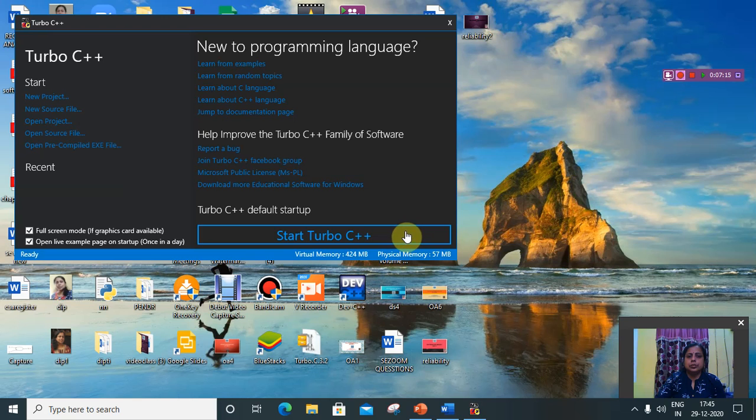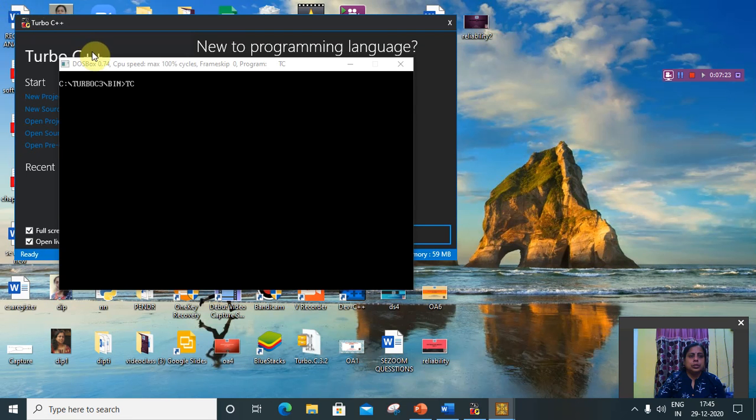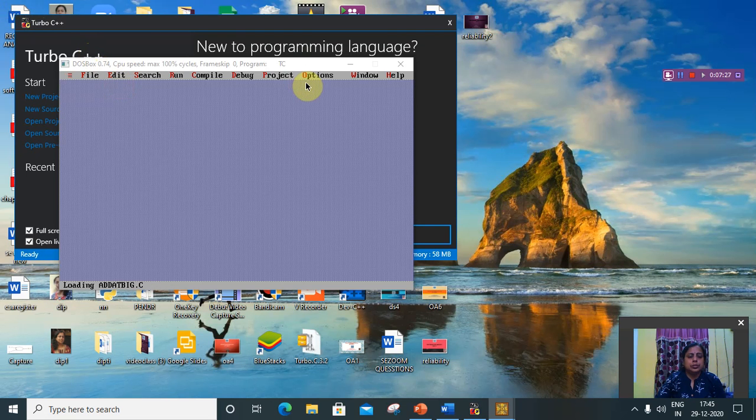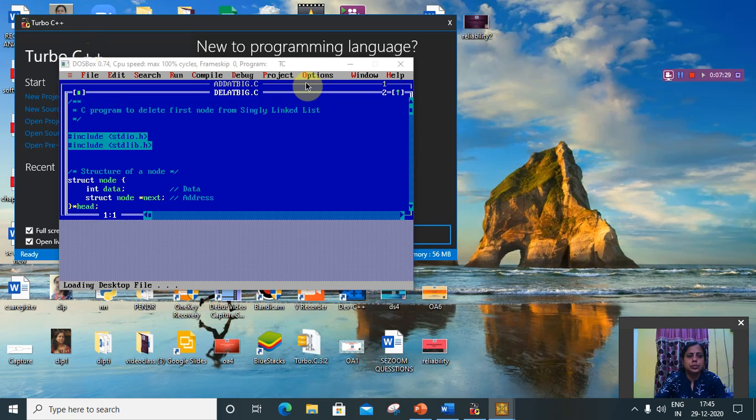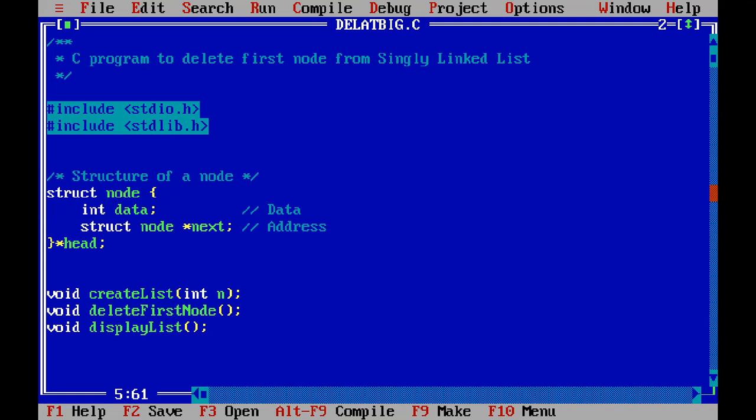So open C++, Turbo C++. This is the program, delete from the beginning.